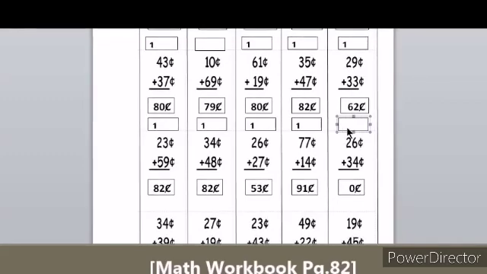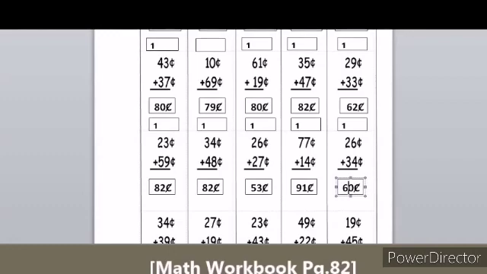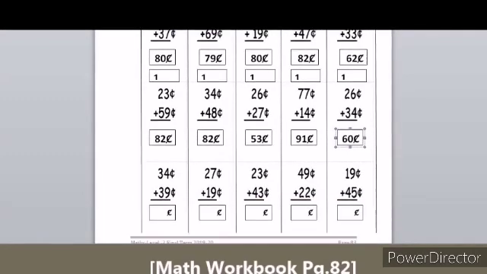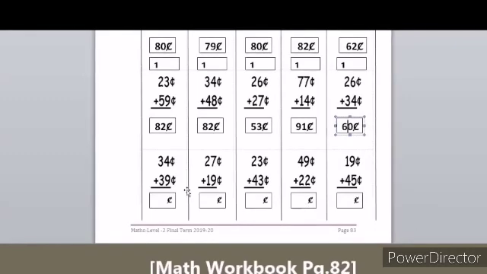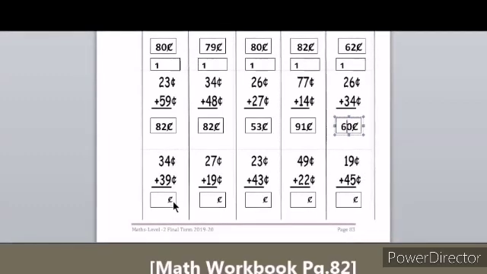See this one. 6 plus 4 is 10. 7, 8, 9, 10. So 0 you will write down and 1 you will write on the top. Carry over. So 1 plus 2 plus 3 is, 1 plus 2 is 3. 3 plus 3 is 6. 60 cents is the answer. So we have done these problems. The last row there are 5 sums. Yes, that you can do at home. The last row you finish at home.